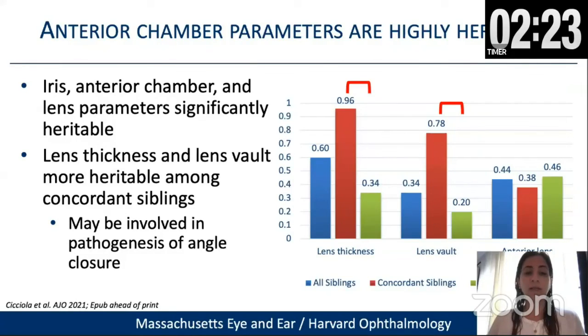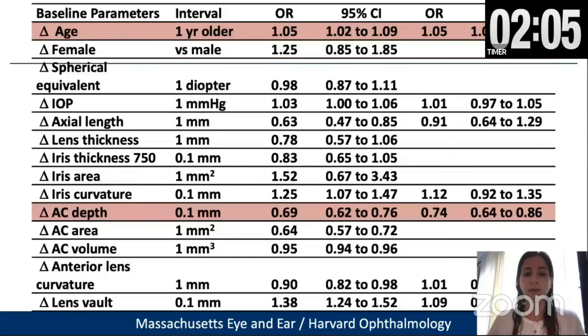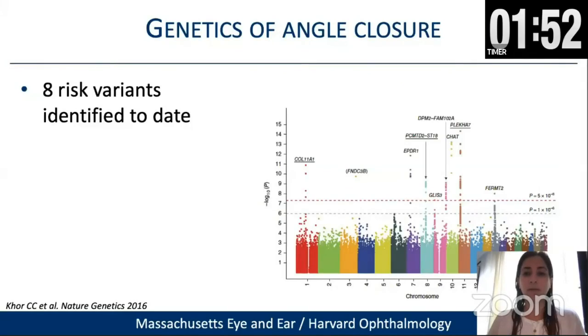Additionally, we found that lens thickness and lens vault are more heritable among concordant siblings, as in siblings that both have angle closure compared to siblings where one is open angle and the other has angle closure. And these 2 factors may be involved in pathogenesis of angle closure. Additionally, we found that siblings older than their probands and with shallower anterior chamber depth have a greater likelihood of angle closure and may need more careful disease monitoring.